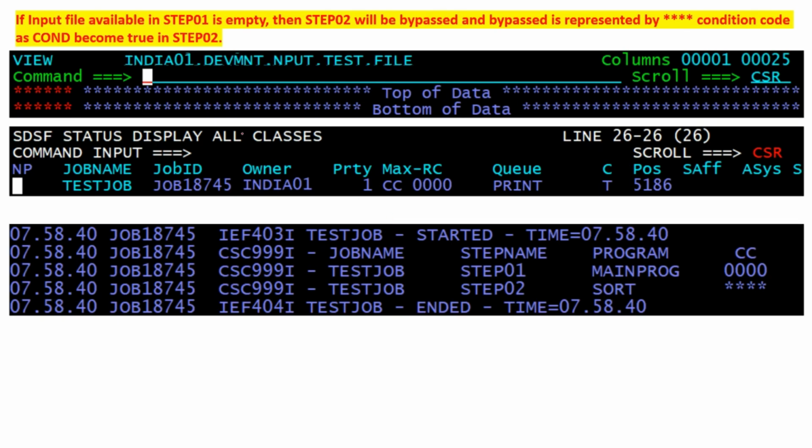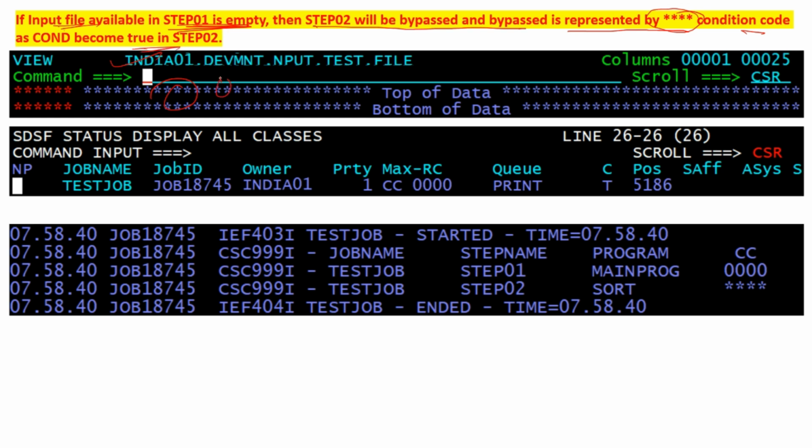There is one more example, if the input file available in STEP01 is empty. Then STEP02 will be bypassed, and bypass is represented by four stars as the condition code, as the COND becomes true in STEP02.